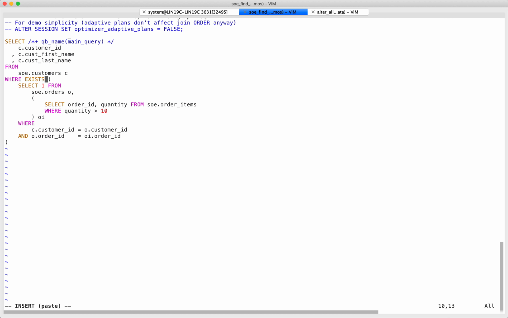And this guy is a QB name. This is my subquery. Let's say order subquery, and maybe I should close the comment as well. I can actually put some human meanings here. So name, let's call it big orders. This is an inline view which finds big orders, right? Because any order where the quantity was bigger than 10, right? So now when I run this thing,